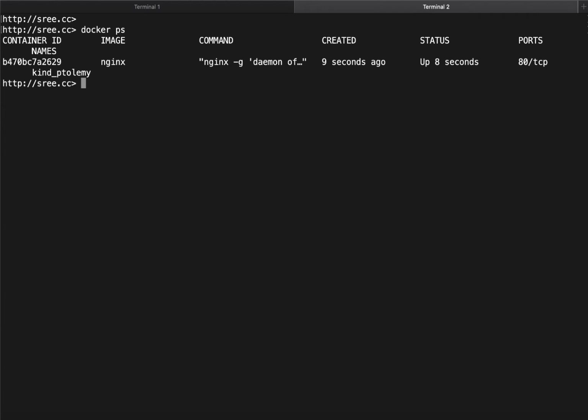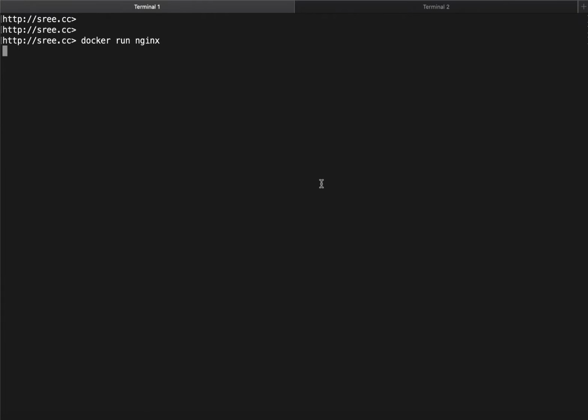All right. So here we see that there is an Nginx container running and the status is up. That means it's all good. Our container is running, but we are not yet able to browse this web server container. So let's go back to our first terminal and press Ctrl C to exit the process, and let's execute a command called docker run